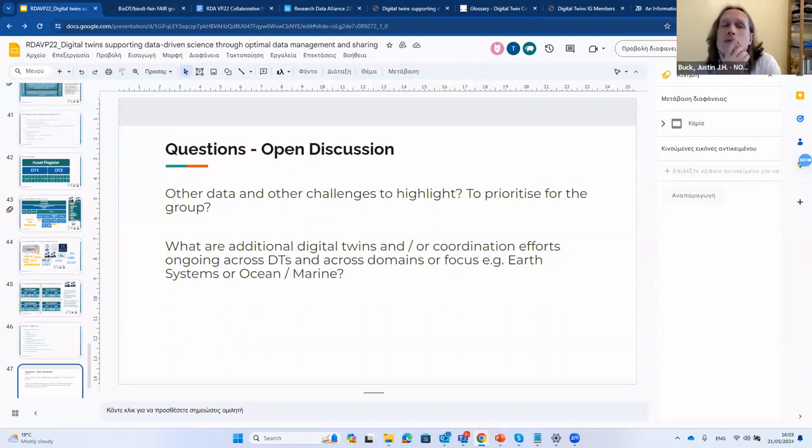Please. Yeah, I think most of the presentations have had a kind of environmental focus. Once the terms of reference are set and we know what the group looks like, I think we may need to go and recruit people from other areas that we see as gaps within the team that we've got. There's just such a huge amount of digital twin activity going on in different places in different contexts. And to make this work, we need to make sure we've got that quorum of people that can reach that